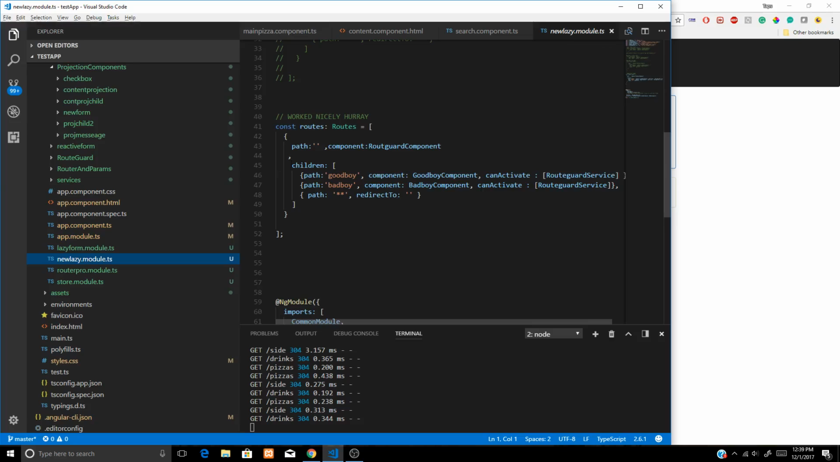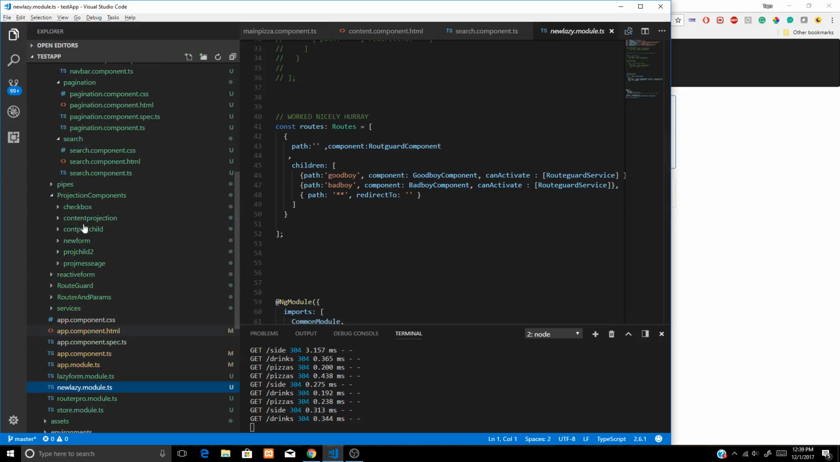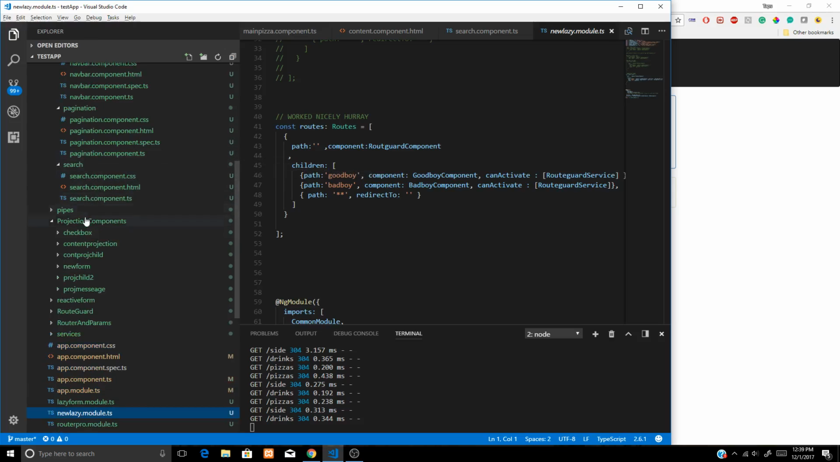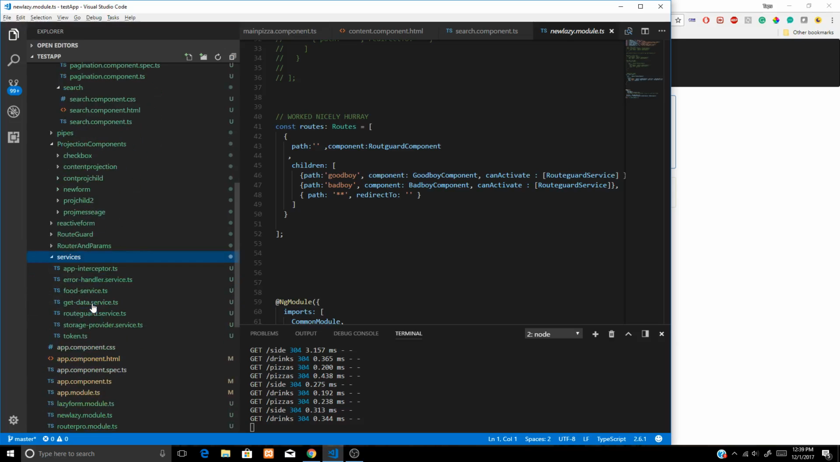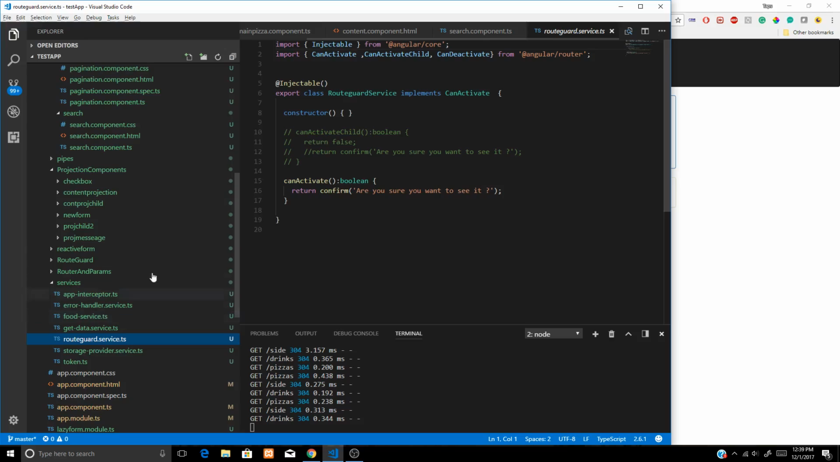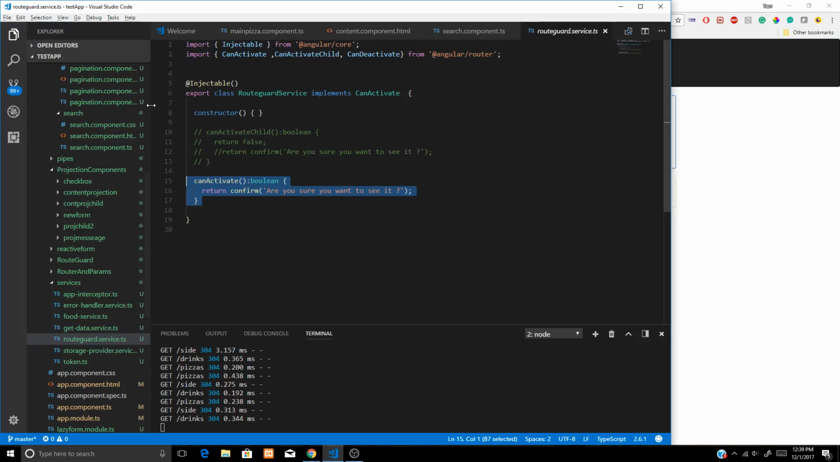So in case of route guard, I will show you what we are doing here. If you go to services, route guard, we just create an injectable service. We are importing which guard we have to apply, and inside we are declaring a logic which is going to return a boolean. Based on the condition, we declare the route guard here